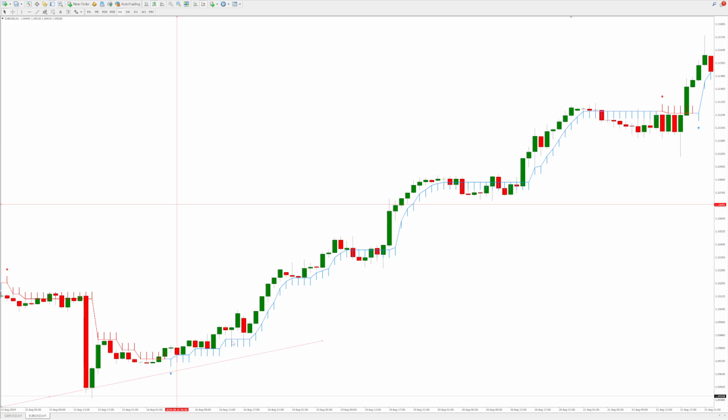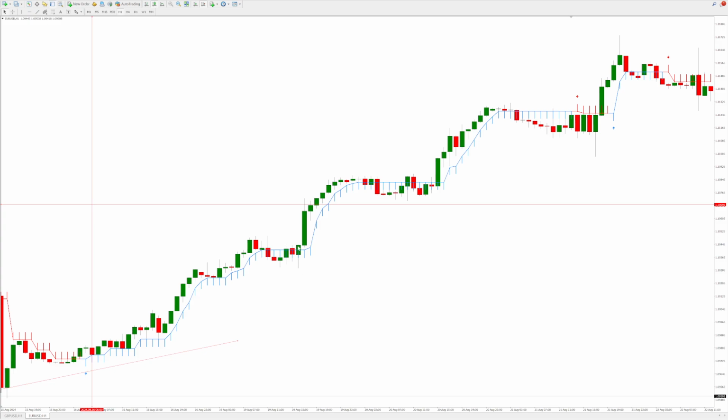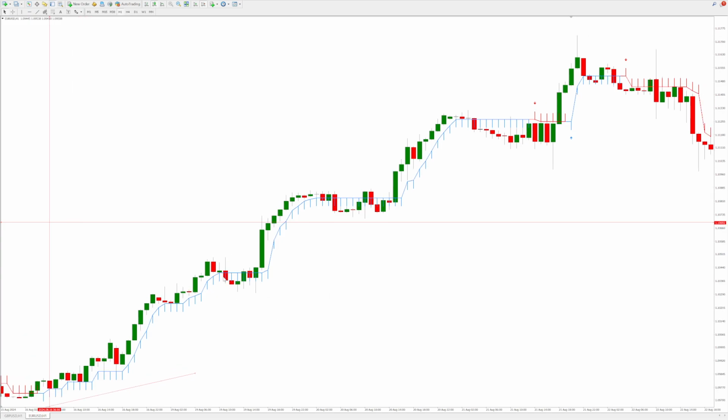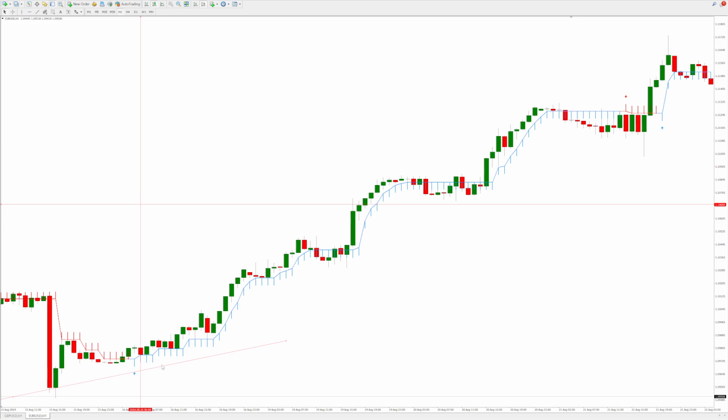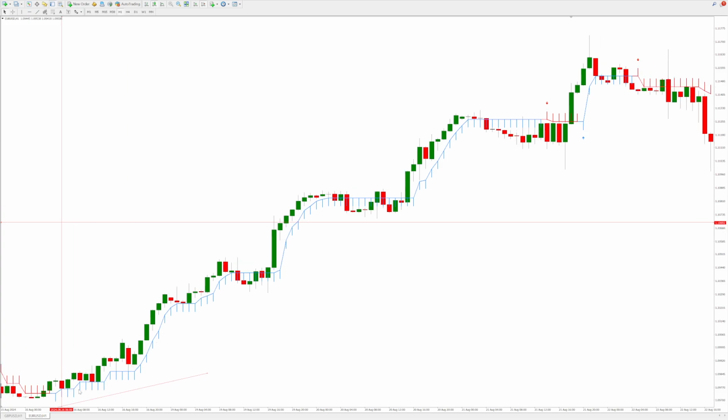If you did panic and perhaps exit prematurely here, there are other opportunities to enter. I mean, the half trend indicator, that's another thing, is not always going to get you in if you've missed the initial entry. As you can see, there are opportunities to get in on this trend up here. However, the half trend indicator is not necessarily signifying those. But what you can do is just use resistance